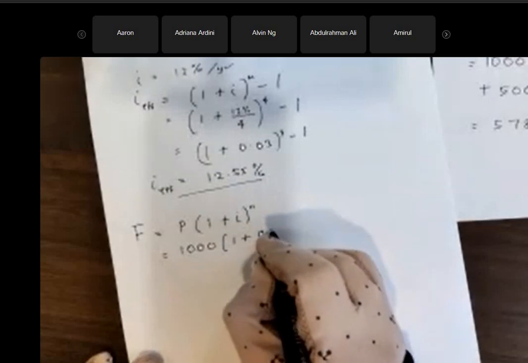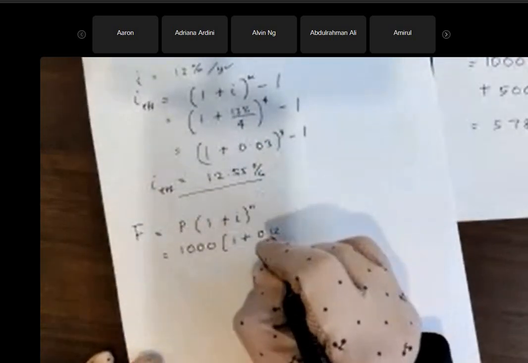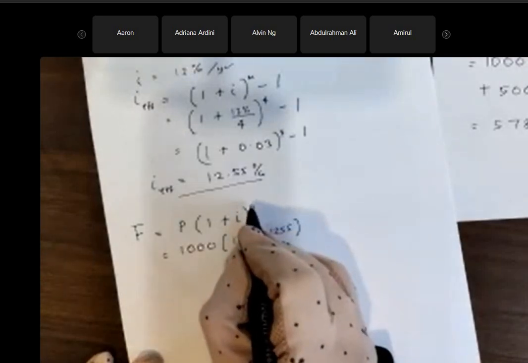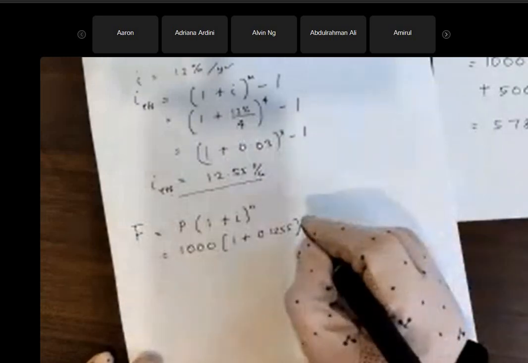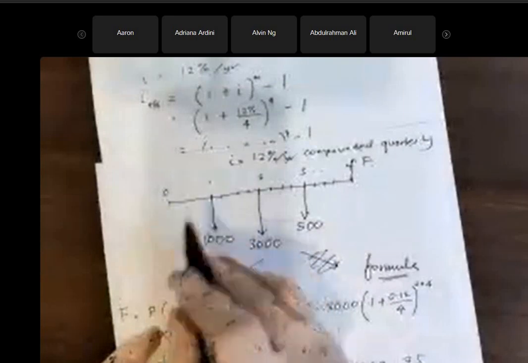You just take what you have calculated earlier, 12.55%. But for this one, you just take year. If it's 1000,